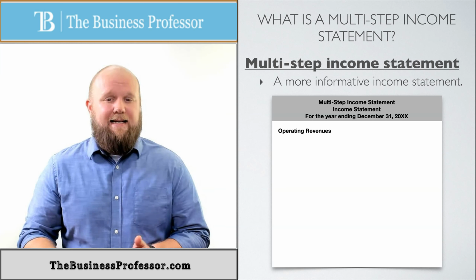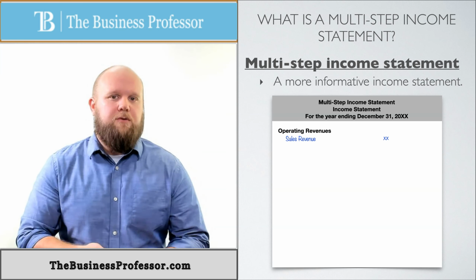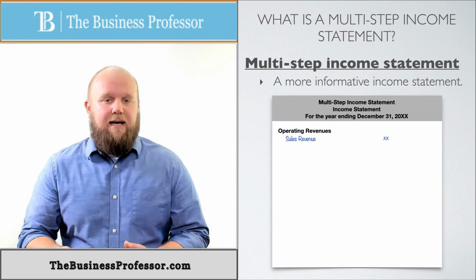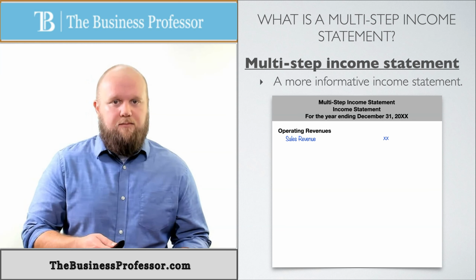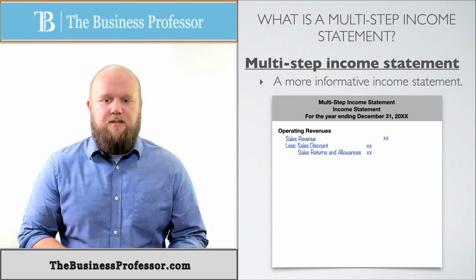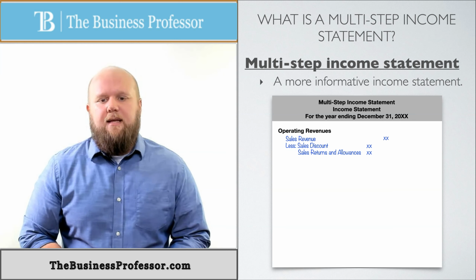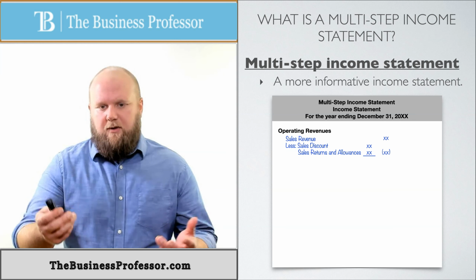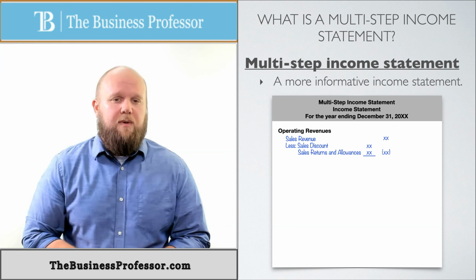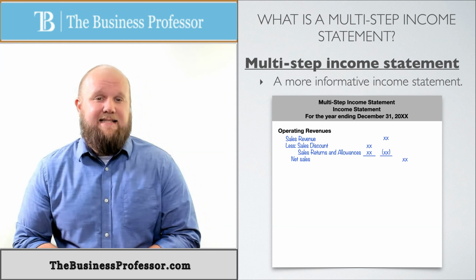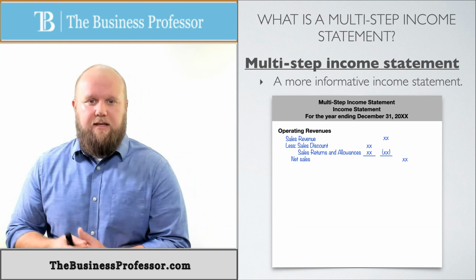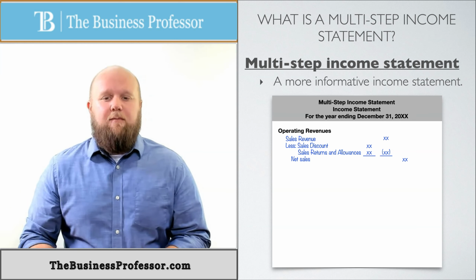Okay, so what are my day-to-day revenues? So I may have some sales revenue. And to that, I'm going to subtract out my discounts and my returns. So I'm going to say less discounts and returns. Together they're going to give me a certain number. Subtract that from my sales revenue, and that's going to give me my net sales. And notice I'm pushing these sub-calculations out a little bit. Okay, so then I have my net sales.